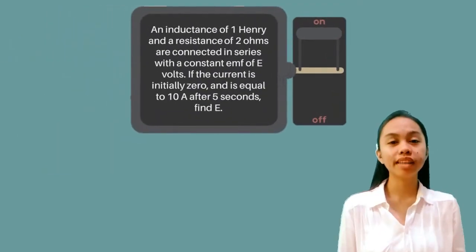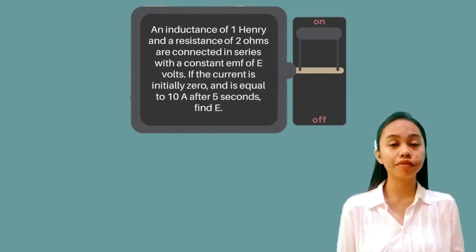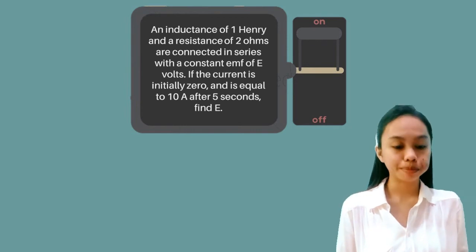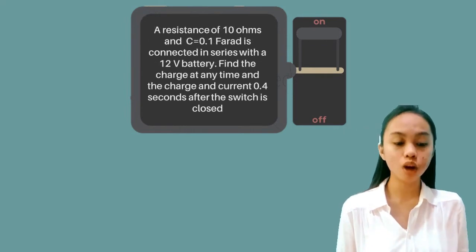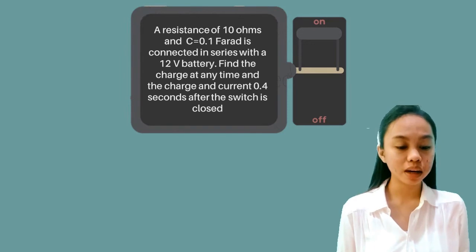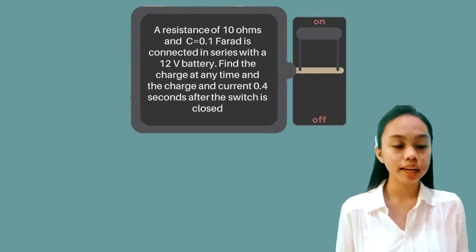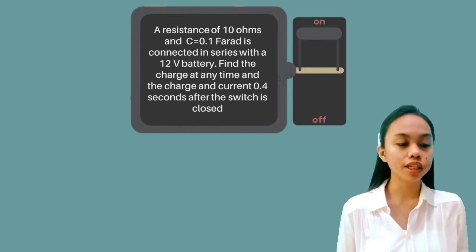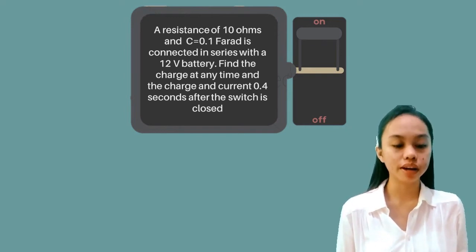So for our second example, this problem is an application of first-order differential equations in electrical circuits, specifically RC circuits. The problem is: a resistance of 10 ohms and C equals 0.1 farad is connected in series with a 12 volts battery. Find the charge at any time and the charge and the current 0.4 seconds after the switch